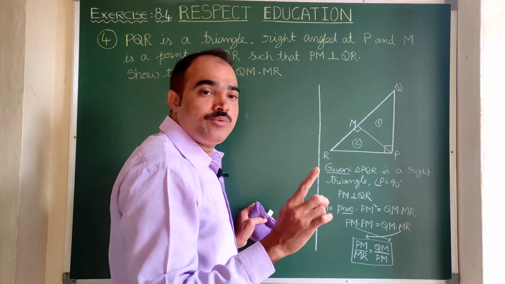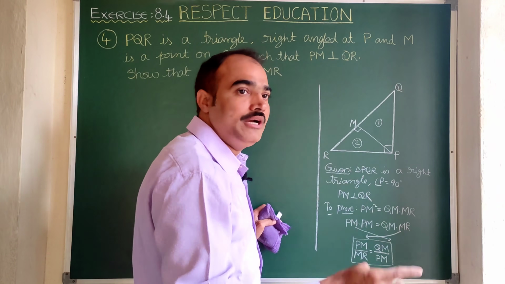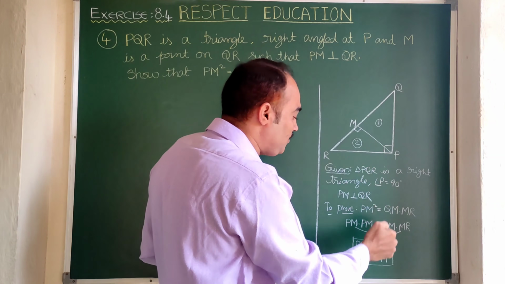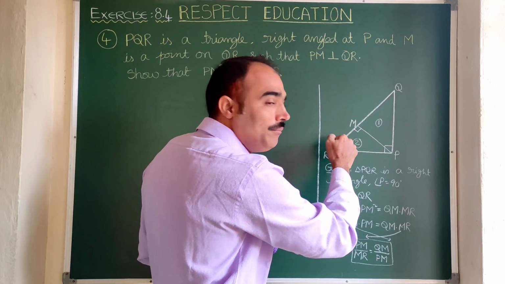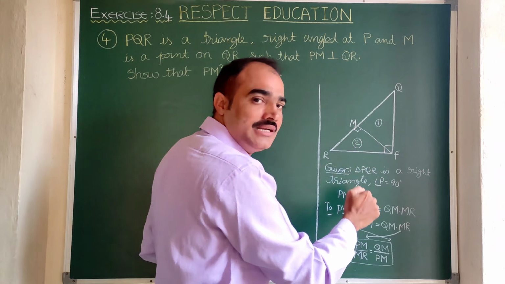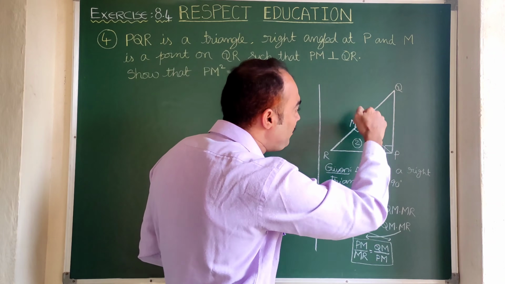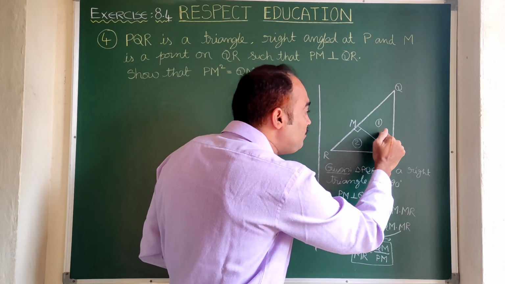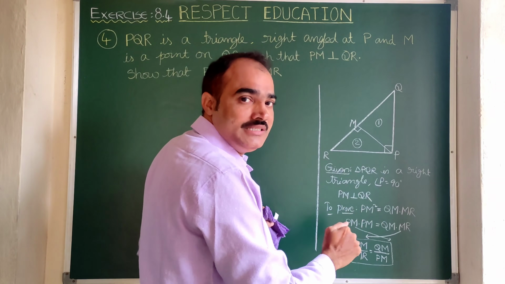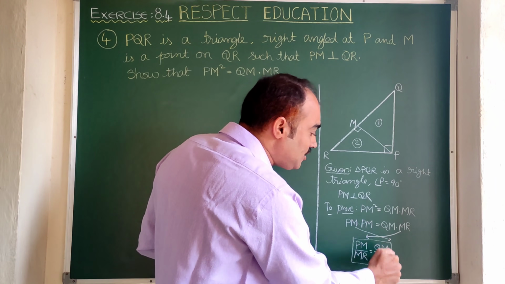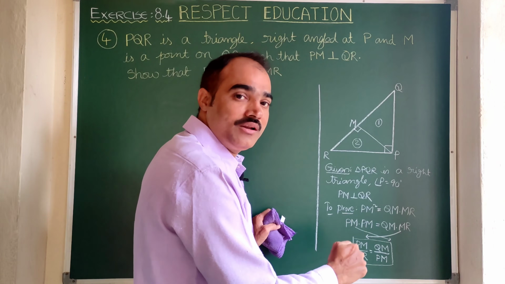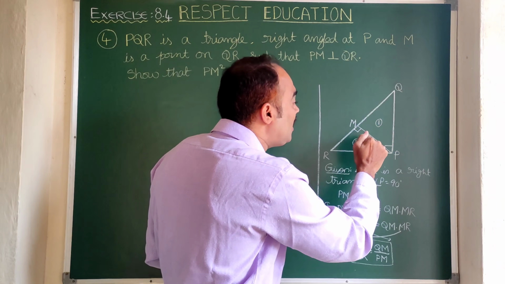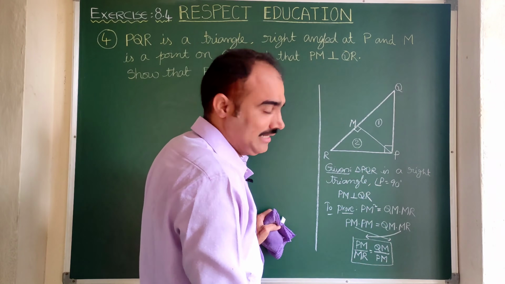Now this problem is related between first son triangle to the second son triangle. Here you observe carefully, as I told you, PM by MR, these sides belong to second son. QM by PM, these sides belong to first son. So this is the problem between both of these sons. That means here to say the ratios are equal, or the ratios are in proportion, we need to prove these two are similar. First son is similar to second son.